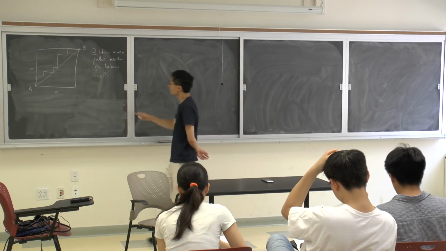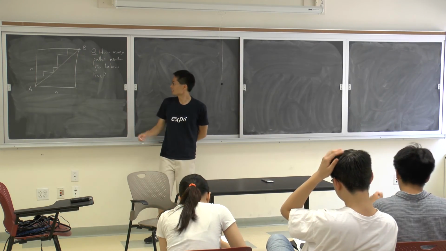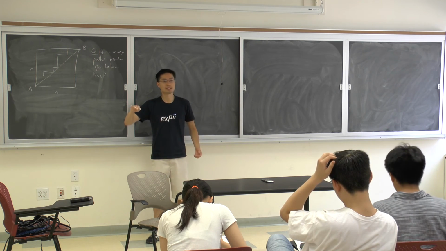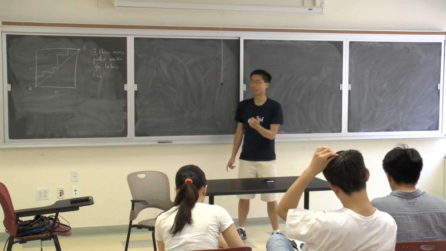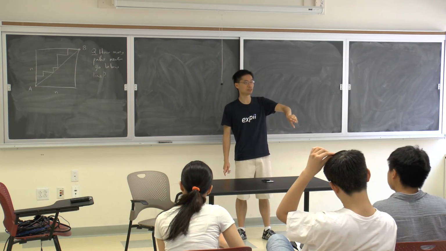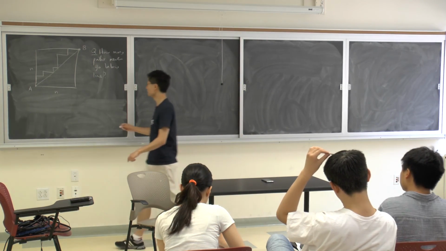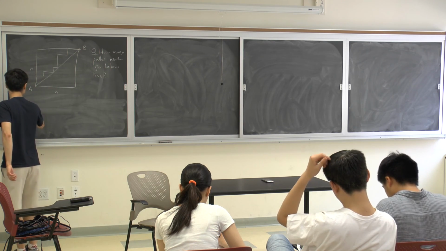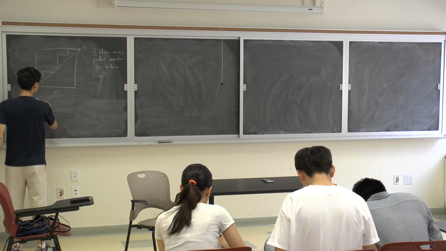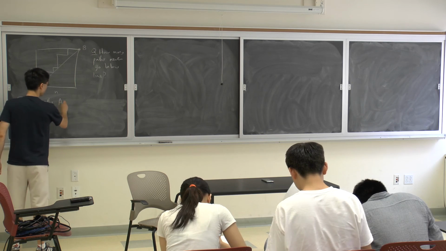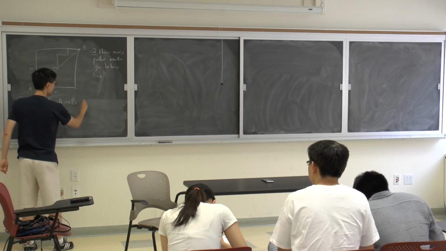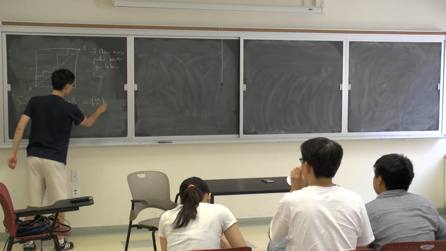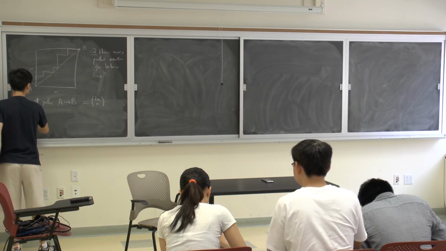So for this one, it's actually kind of hard to do the number of paths that never go below the line. However, we could take the total number of paths from A to B and subtract the ones that do go below the line. So since the number of paths from A to B, I'm referring to the paths that are always going up and to the right, is equal to 2n choose n, it suffices to find